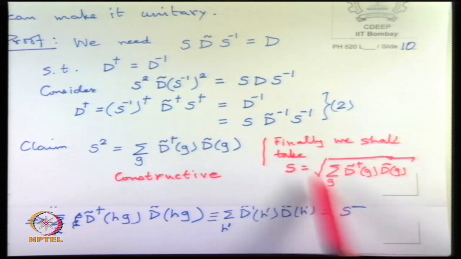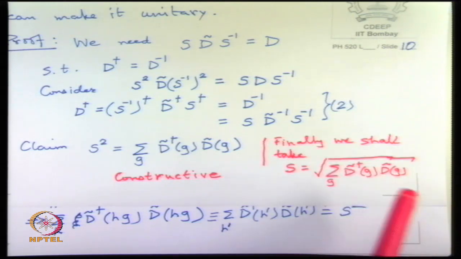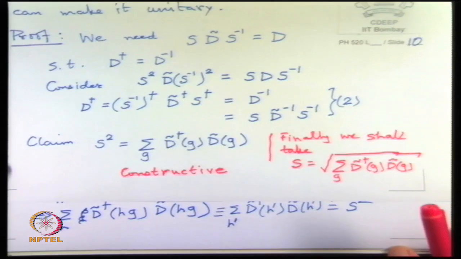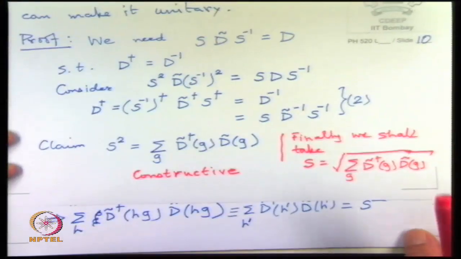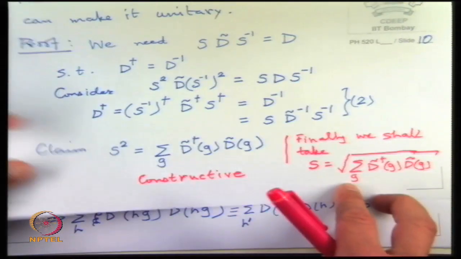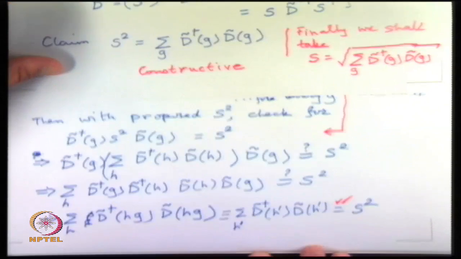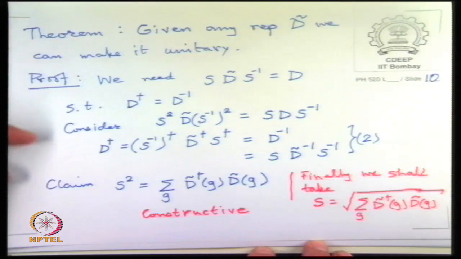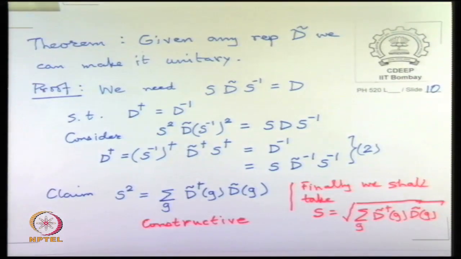So this is going to be a non-trivial matrix, and you can take its square root in the sense that the square root of matrices is defined. There is not a problem, so long as the determinant is non-zero. So you can take the square root, and that is what will work as the matrix that will render any representation unitary. So this is one of the first theorems. And the kind of trick we have used is going to be repeated for other things that we will prove.